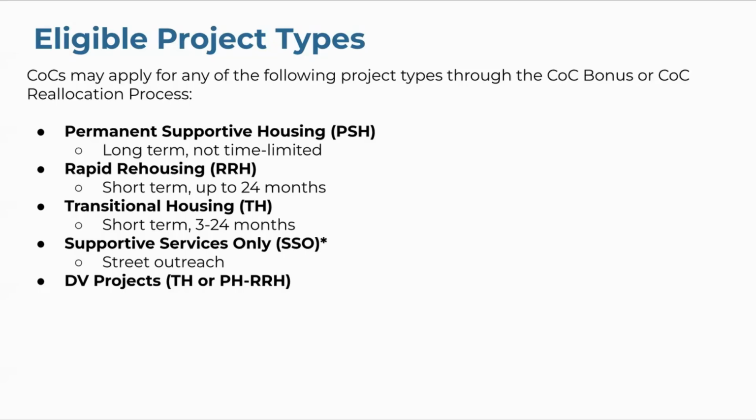The difference between those two is that in rapid rehousing, the lease is in the name of the individual client, and the agency is just providing rental assistance. In the transitional housing piece, the lease is in the name of the agency that is operating the project, and they're not providing rental assistance to an individual. They are leasing that unit themselves and then letting them stay there. So transitional housing is not considered permanent housing. It is considered temporary because there's no lease in that client's name.